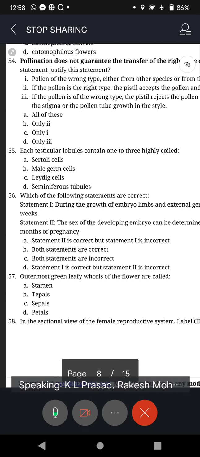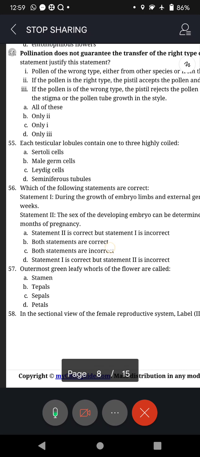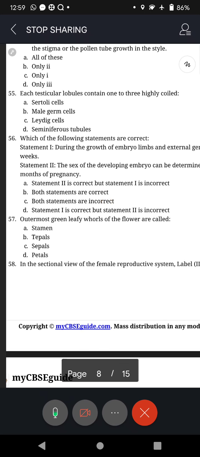So you have observed limbs are there, well developed, and genital organs also. That is the reason why after 3 months, Government of India has said no sex determination, because even if we scan the mother, we will come to know. We can physically see the development of sex organ after 3rd month. And ultrasonography can be used to know the sex of fetus after this period, as genital organs are formed. So that is the reason. The answer should be D. Both statements are correct. Next, 57.